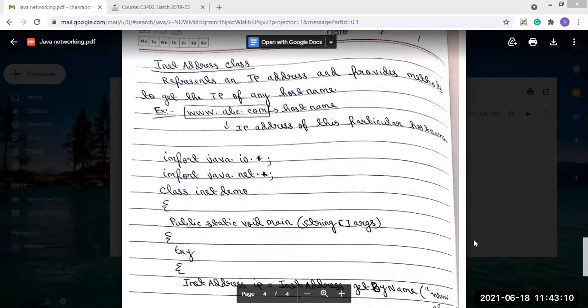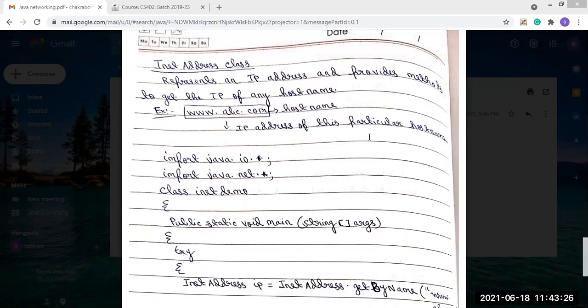So the IP address is for uniquely identifying each system in the network. There are two types of IP addresses present: IPv4, Internet Protocol version 4, and Internet Protocol version 6.